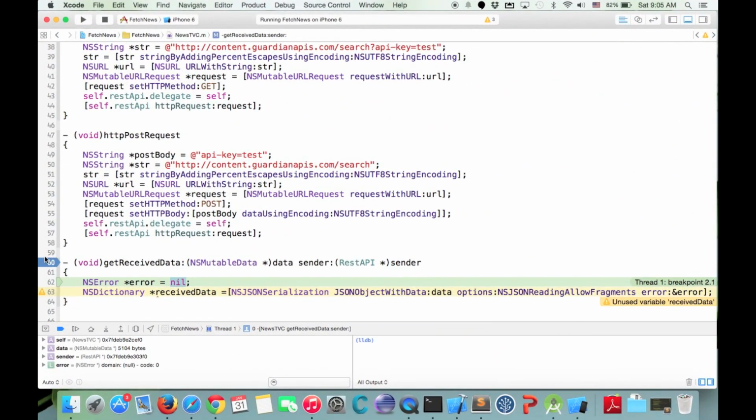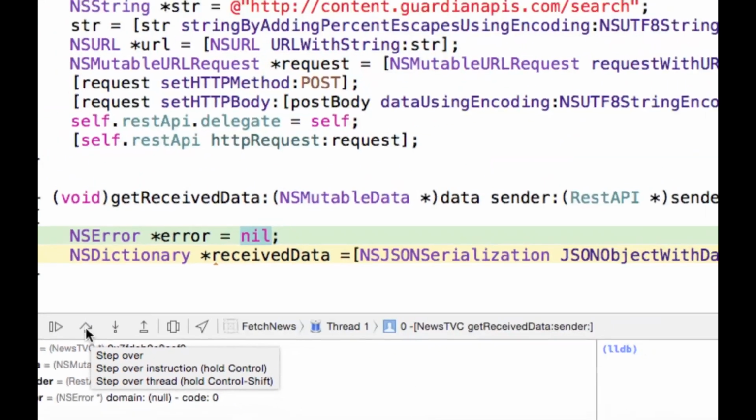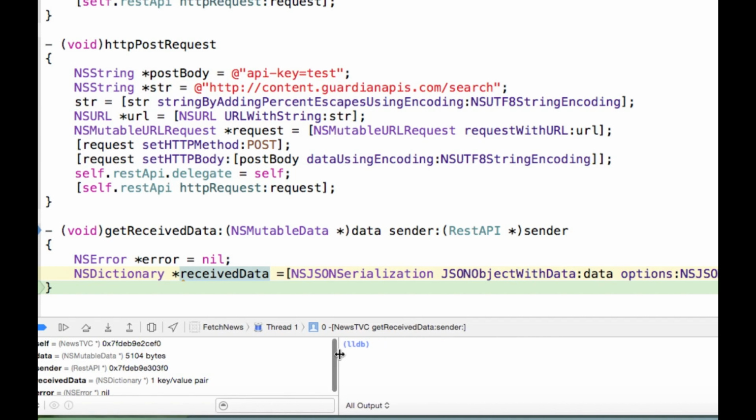Since we added a breakpoint here, it stops here. If I go step over, wait, this button, step over, and then step over one more time to make this empty variable have some value. Now I want to see what exactly we have in received data. Let's do it here. We can say PO received data